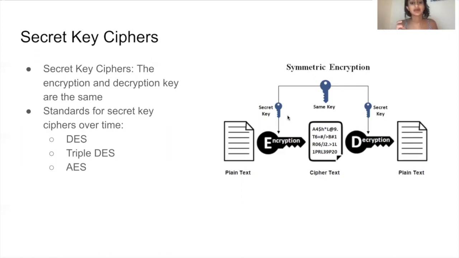Say you start out with a plain text X, and then it goes through a round, where it would be scrambled 4 times, and what comes out would be Y. That process will happen 10, 12, or 14 times depending on the number of bits. So 128 bits has 10 rounds, 192 has 12, and 256 has 14,